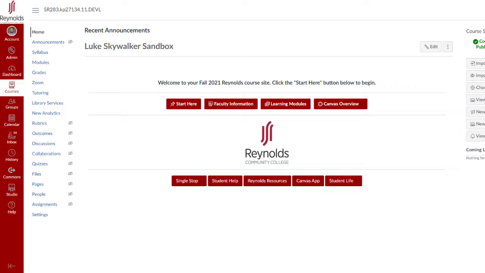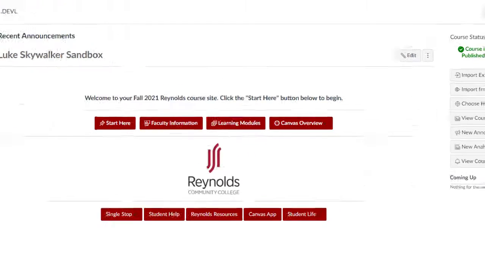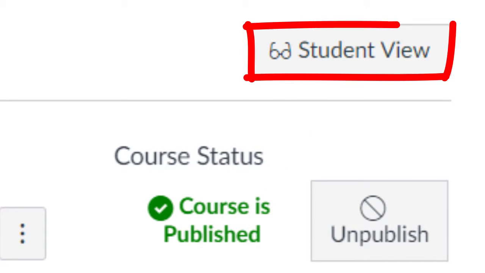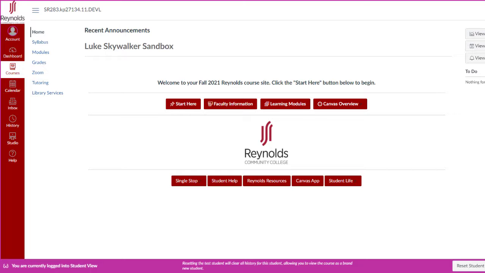After developing content in your Sandbox, you'll want to test it using the Student View feature in Canvas in order to confirm how your students would experience it in a real course. Most pages in Canvas have access to Student View in the top right corner, including the home page. Look for the Student View button with Classes icon. Once in Student View, a pink banner will appear on the lower portion of the screen, informing users you are currently logged into Student View.